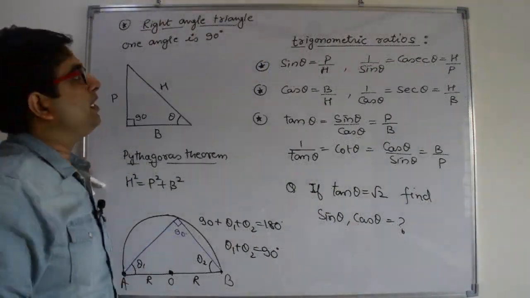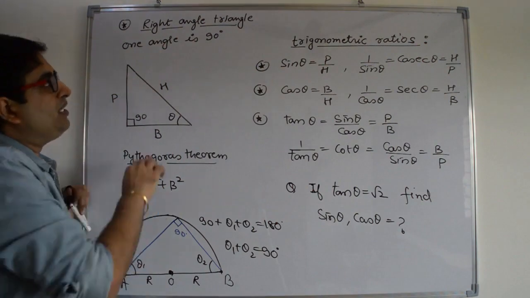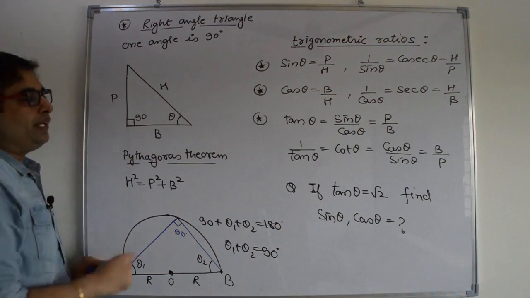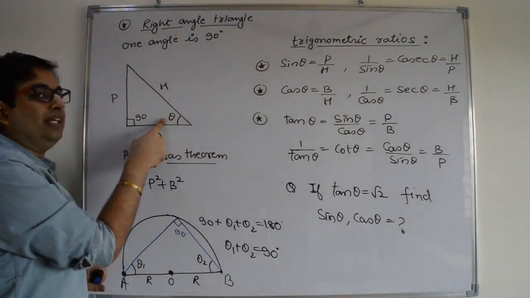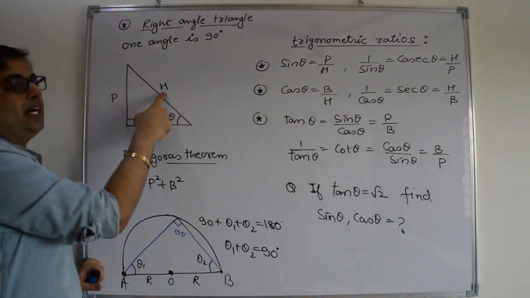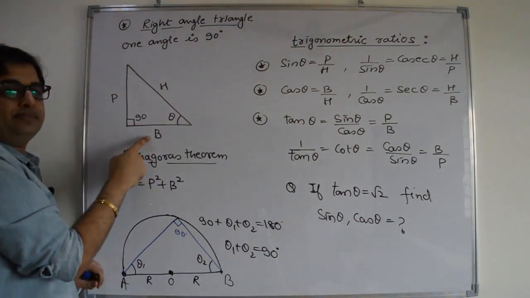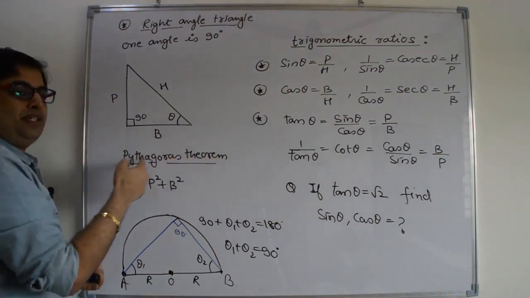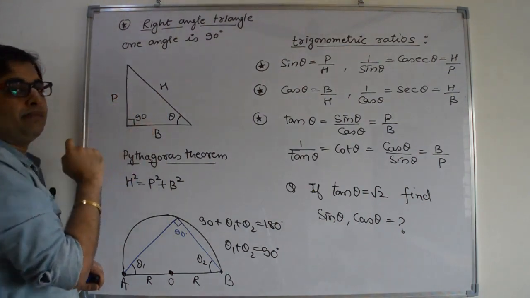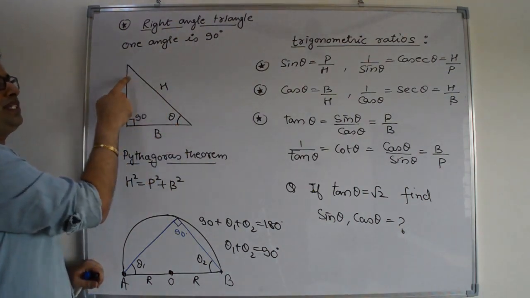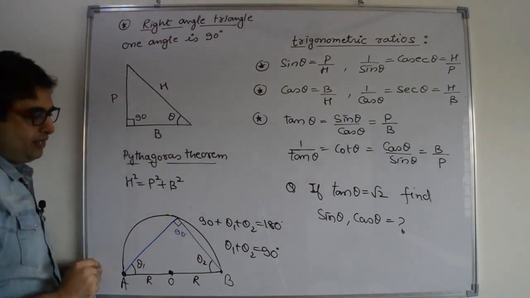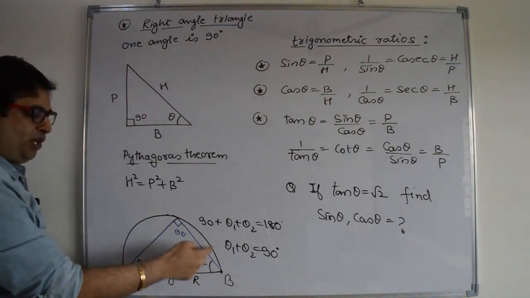Next type of triangle is right angle triangle. Means one angle of this triangle is always equal to 90 degree. If we are observing this angle, then the front side is perpendicular, longest side hypotenuse, remaining side is base. Very basic theorem, Pythagoras theorem. Hypotenuse square is equal to perpendicular square plus base square. If you observe this angle, then this become perpendicular and this become base. Got it?